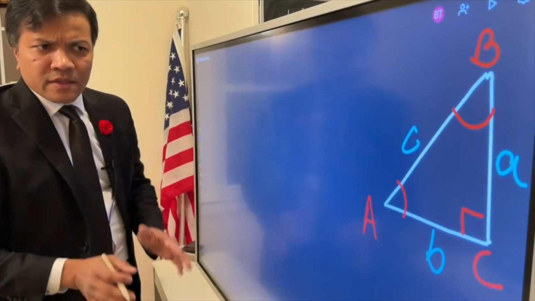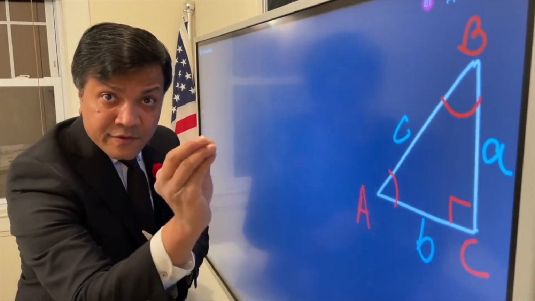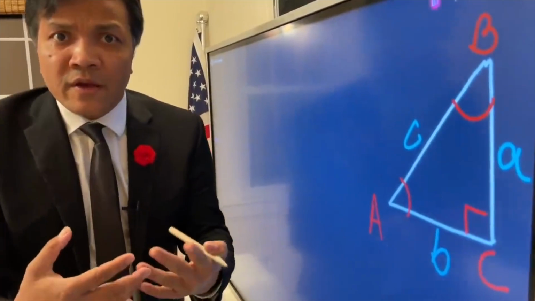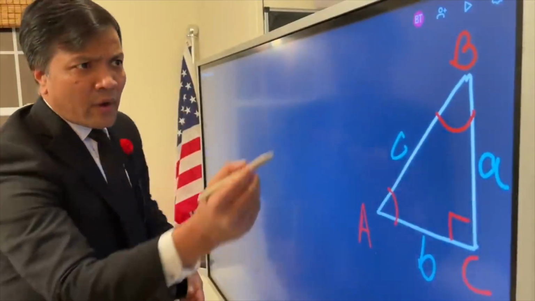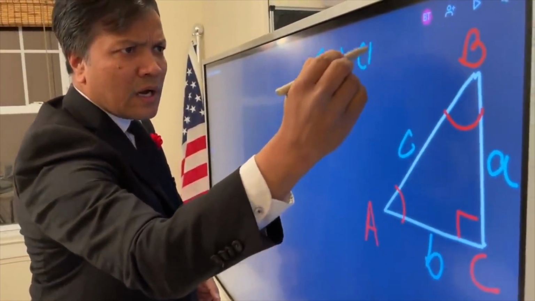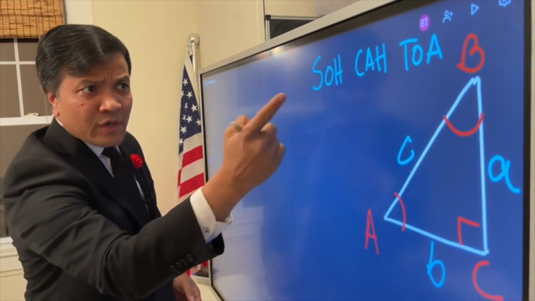All right. These are the relationships defined by 6 trigonometric functions. Now you probably think, how am I going to remember 6 trigonometric identities? Well, there is a way to remember it. We call it SOHCAHTOA. All right. So let's start with